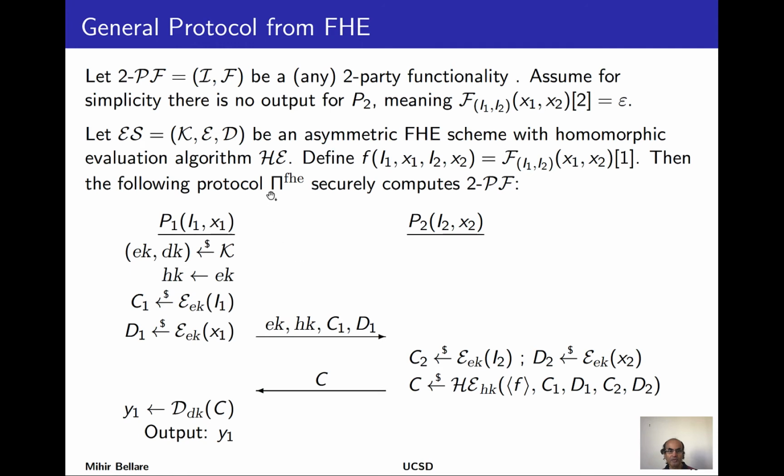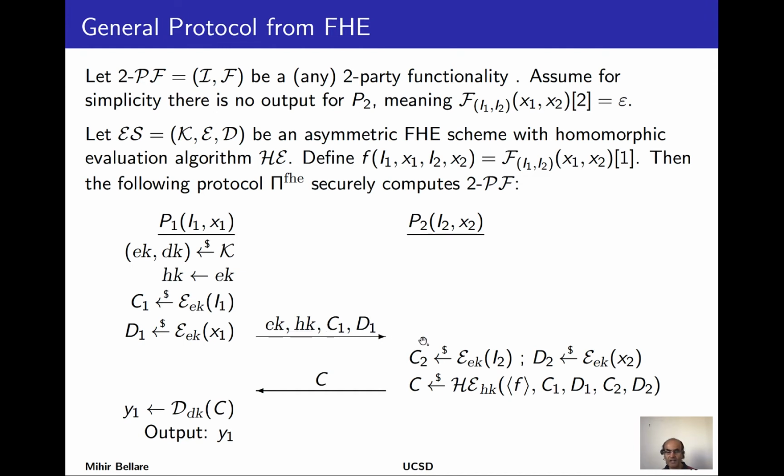So now here's our protocol, which we'll call PyFHE. Party 1, given its key and its input, begins by generating keys for our FHE scheme, encryption and decryption key. And of course, in the asymmetric setting, the homomorphic evaluation key is just the encryption key. It sends all these keys over to the other party. These are all public, effectively. It now encrypts its inputs. Both the key and the current actual input are encrypted under the encryption scheme, and the ciphertexts are sent to the other party. At this point, party P2 doesn't really learn anything about the inputs of party 1 because all it gets are